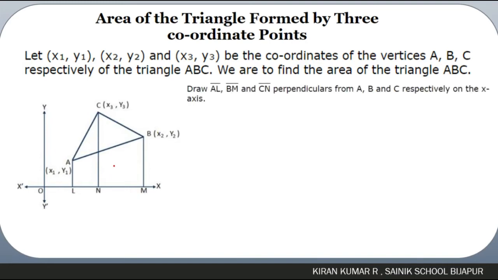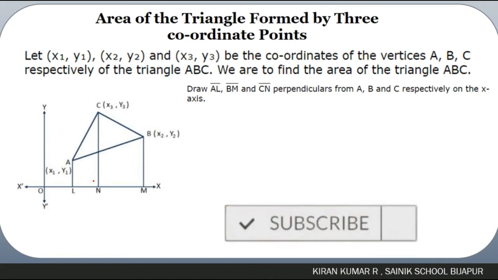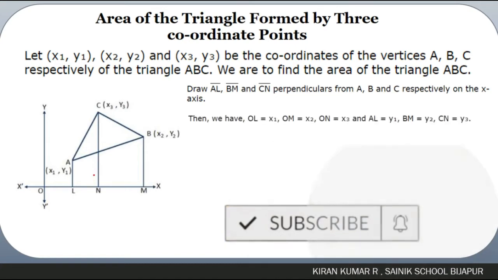Then by the definition of coordinate geometry, we have OL equal to x1 units, OM equal to x2 units, AL equal to y1 units, BM equal to y2 units, CN equal to y3 units, and ON is x3 units. Therefore,